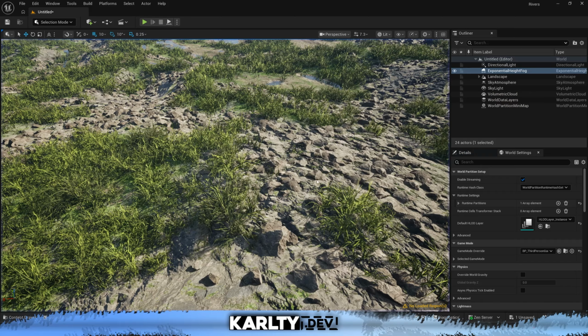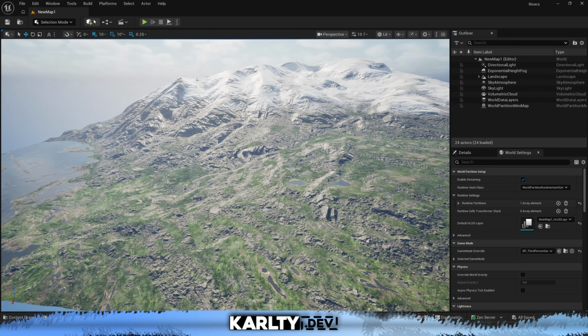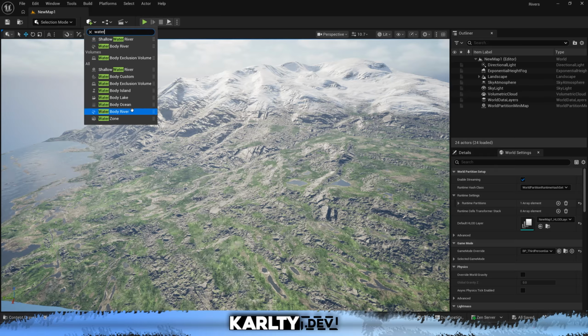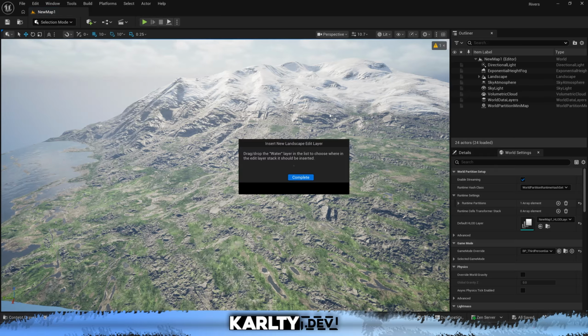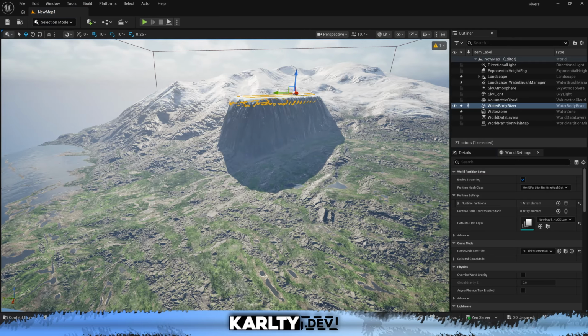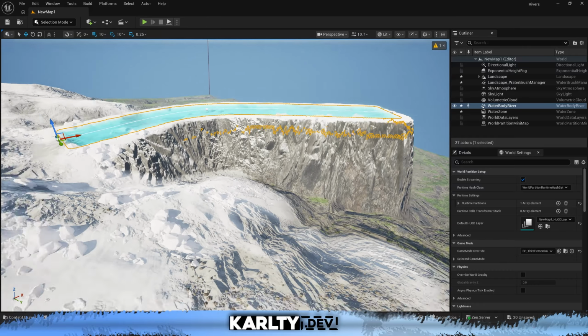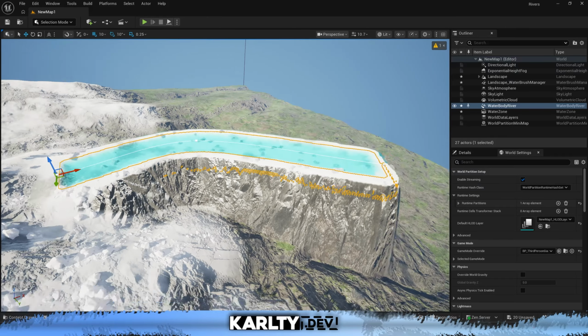We're just going to save this map, and I'm going to show you how you can really quickly just add in a river. So if you just type in water here, we can go Water Body River, and I'm going to drag it up here on this mountain somewhere. Click Water for the layer, and then let's go all the way over here, and here we are. It has brought us to this, and this is our river,